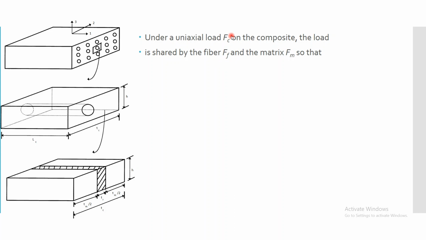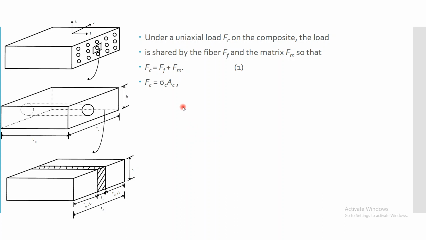That is, FC represents the load on the composite, FF represents load on the fiber, and FM represents load on the matrix, and that's what is given in equation number 1. The load carried by the composite is nothing but some portion carried by fiber and some portion carried by matrix. And by using our previous strength of materials equation,